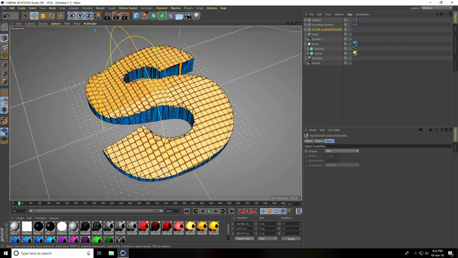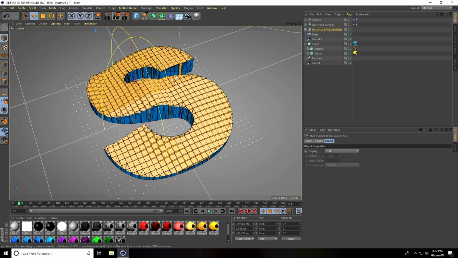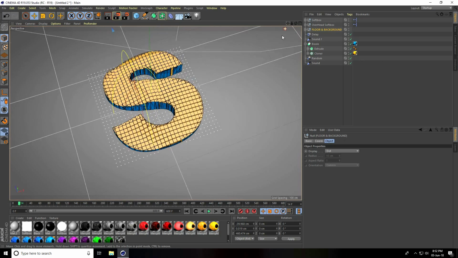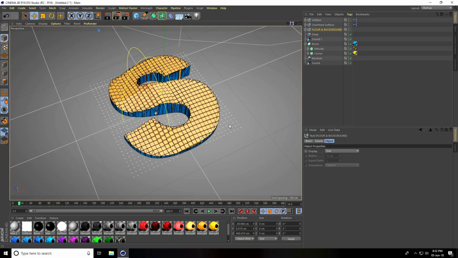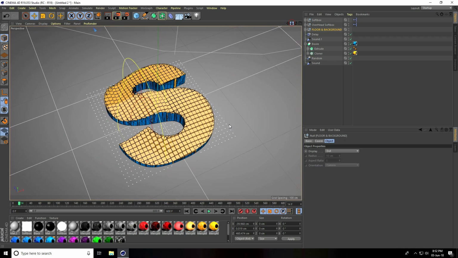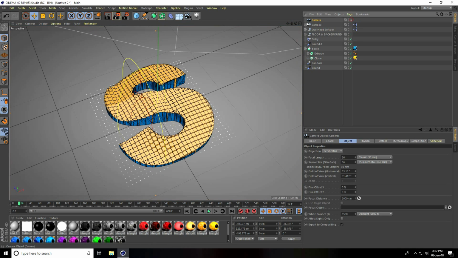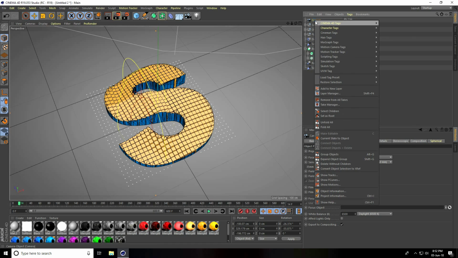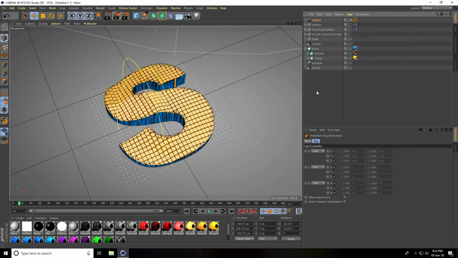And guys, camera angle like this. Little bit back. Yeah, set the camera angle. Select camera and lock this camera angle. Right click, Cinema 4D tag and use Protection. And now guys, the animation is finished.